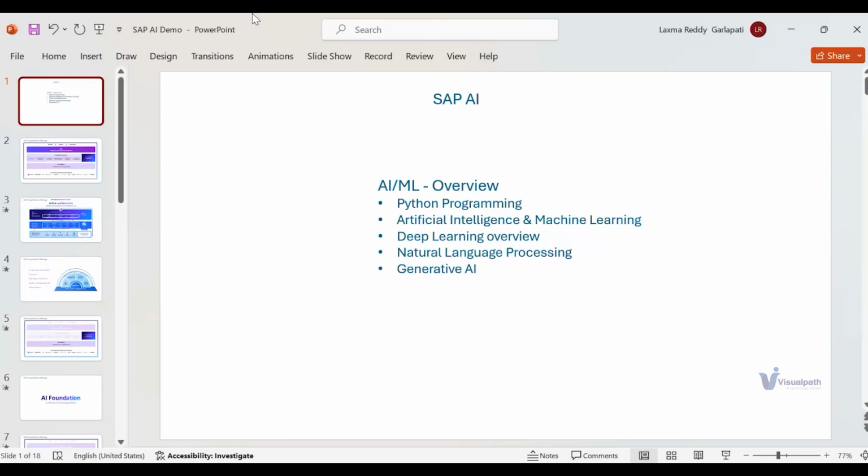You must have heard about SAP CAI, conversational AI, back in the days, maybe a couple of years back, or you must have experienced a lot of applications, be it banking applications as well nowadays, enabled with chatbots, right?